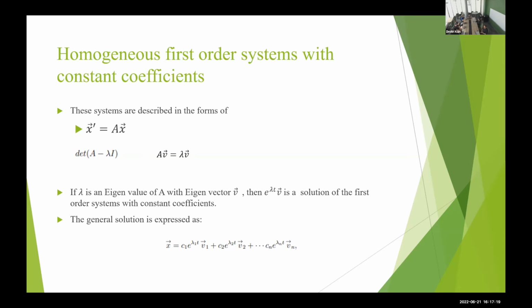First of all, we need to find the eigenvalues of the A matrix. We need to solve the determinant of the A matrix minus lambda times the identity matrix. By solving this equation, we obtain lambda, which gives the eigenvalues. After we obtain the eigenvalues of the system, we can obtain the eigenvectors. Having both of these